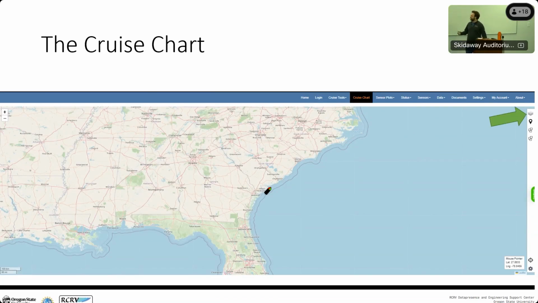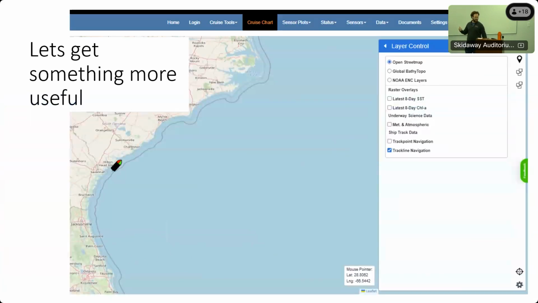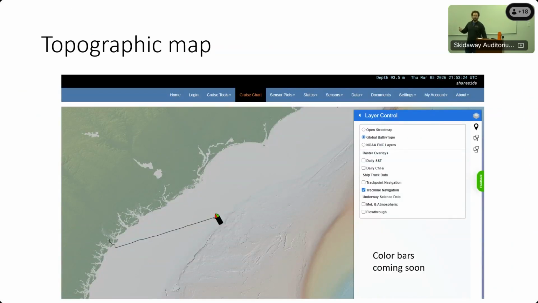But if we want to, we can change our layers by clicking on this. And we've got a bunch of options. The most useful one in my mind is the bathymetric layer. And we can go to that. And there is a color bar for this. However, that's coming in April. We're working on this. Now, there's this NOAA ENC layers. Wonder what that is. Well,